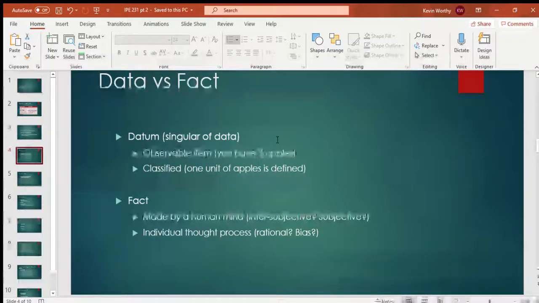This is the problem with facts and truth that we've talked about a little bit in the semester, is that a fact is made by someone and it goes through an individual process. And we have to consider the rationale behind that and the bias behind it. So first, right, I'm a rational choice proponent, so I'm very biased, right? So I would say if I can't explain it in a sort of cost-benefit analysis, then for me it's not rational. But that's my bias, right? That doesn't mean that's the only process, that's my bias.